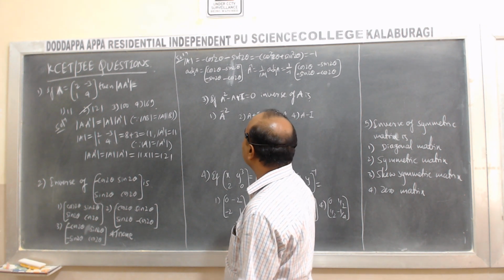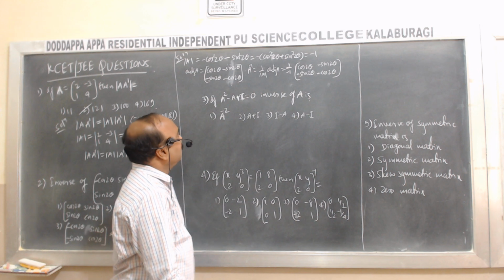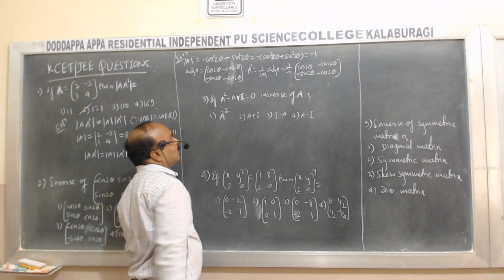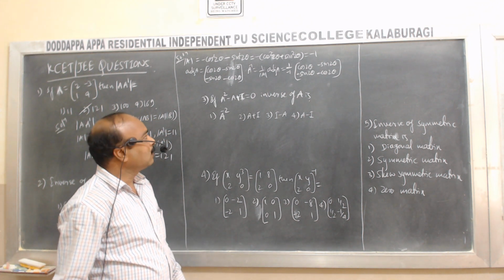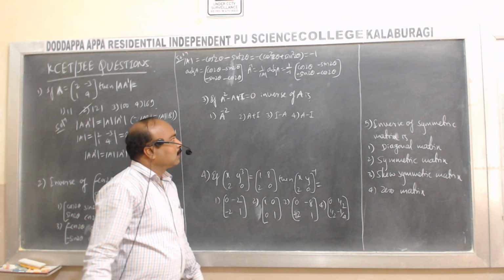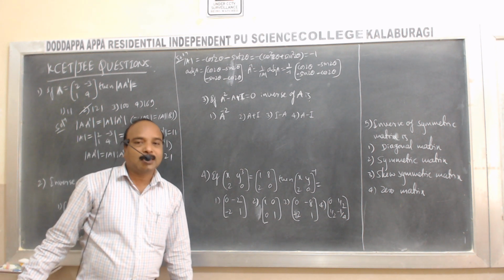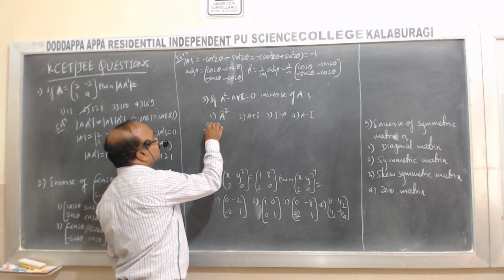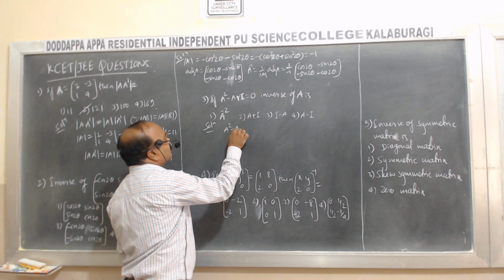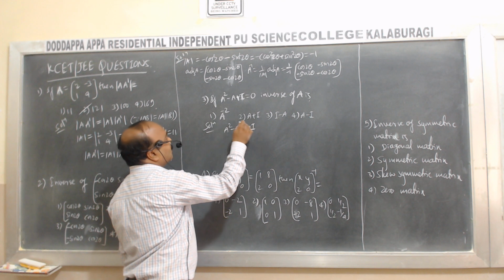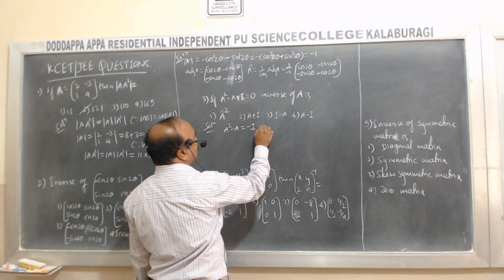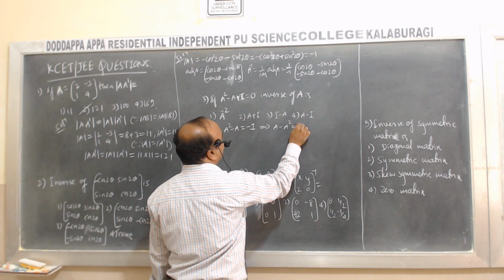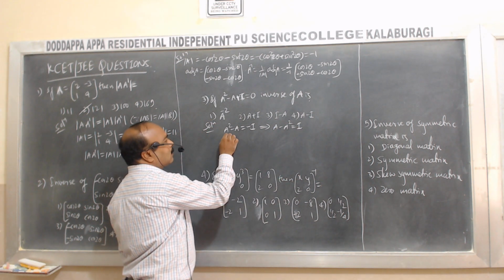Next we go for the third question. If A square minus A plus I equal to O, the null matrix, then the inverse of A is. Now we find the inverse of the given matrix by using this equation. So for that we consider A square minus A equal to minus I. Or it may also be written as, if you take minus to this side, A minus A square equal to I. Then we multiply by